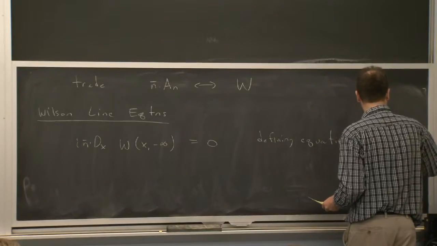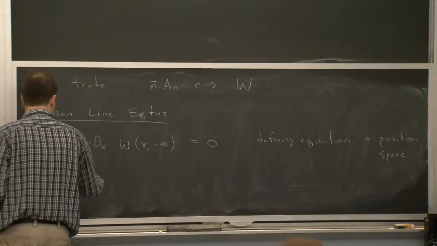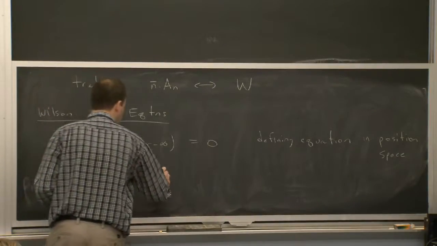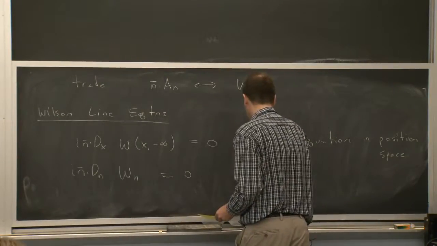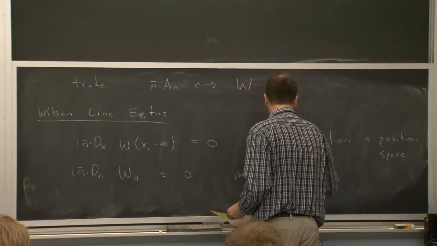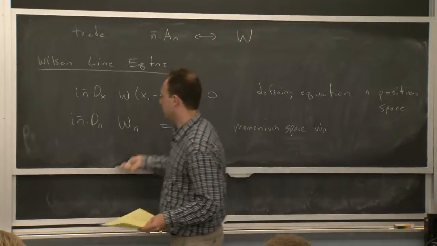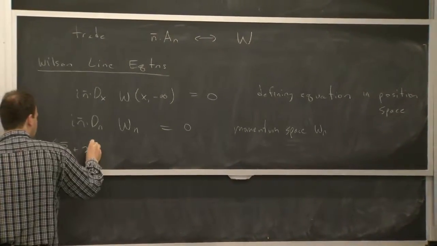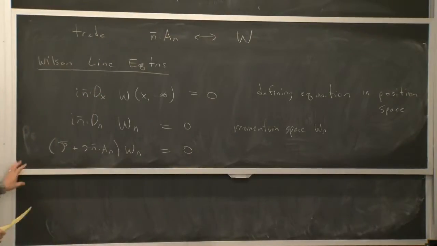But we've just advocated for a kind of momentum space notation. So what's the corresponding equation in momentum space? It's pretty simple. If we go over to our momentum space Wilson line, we just go over to our momentum space covariant derivative, and the defining equation is this. Okay, so the notation in some sense is pretty simple. We just have to switch objects. If we write out what that derivative is, then it's that.